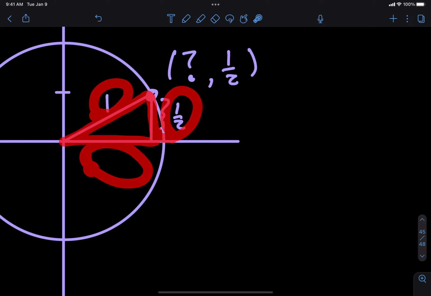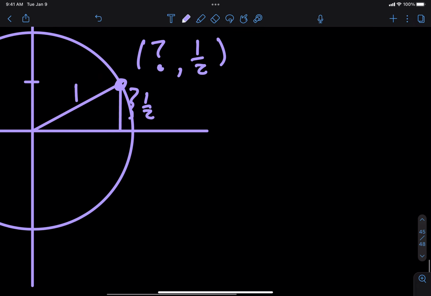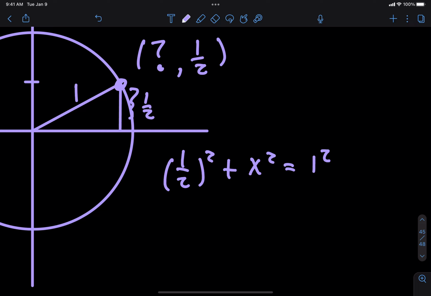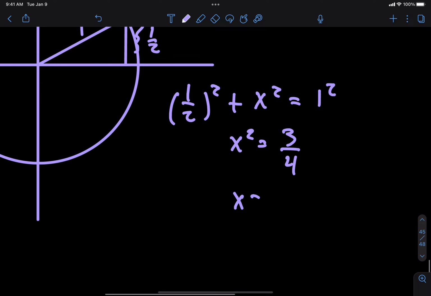Yes, if I knew this was a 30, 60, 90 triangle, but that's what I'm trying to find out. Is it a 30, 60, 90 triangle? Yeah? The Pythagorean theorem will get us this side length as well. So that would be 1/2 squared plus x squared is equal to 1 squared, right? So therefore x squared is equal to 3/4, and therefore x is equal to plus or minus the square root